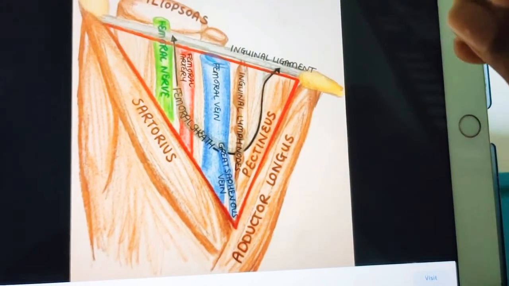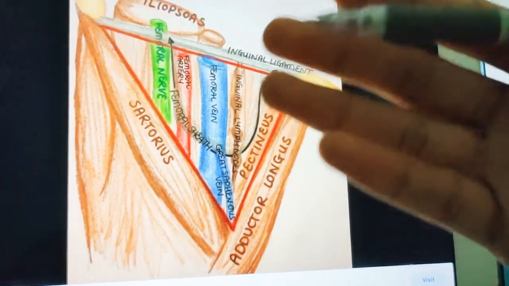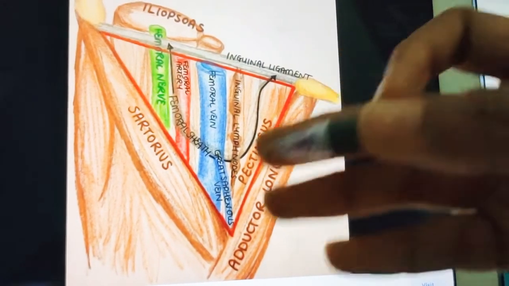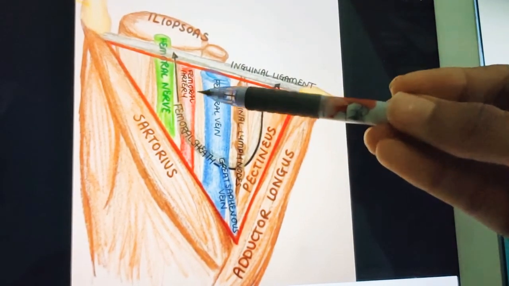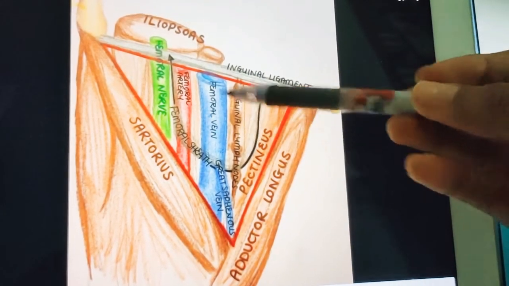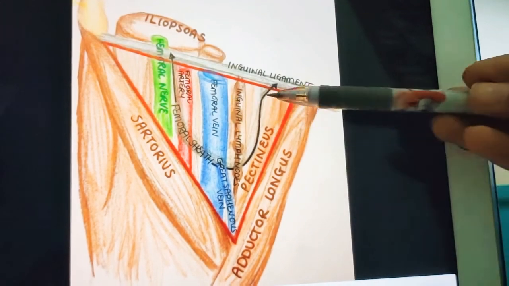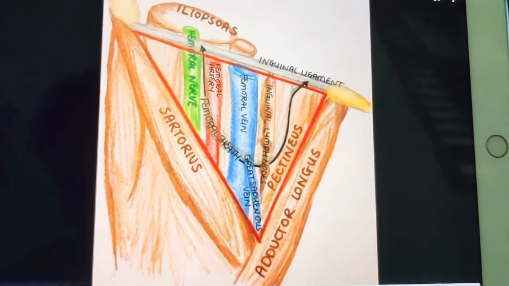So let us revise the contents. Of course, very easy. You have a vein, you have an artery, you have lymph nodes, you have a nerve. But here we need to remember them in this order: N A V L, NAVEL. You can remember the word navel because first nerve, next artery, next vein, then lymph, all in order, navel. So the mnemonic to remember the contents of the femoral triangle is NAVEL.